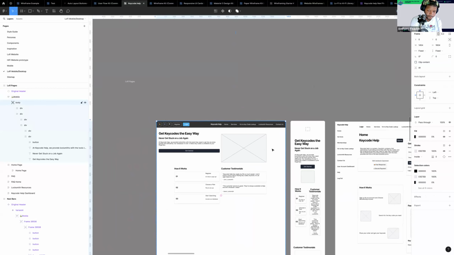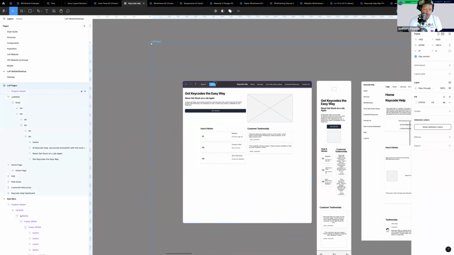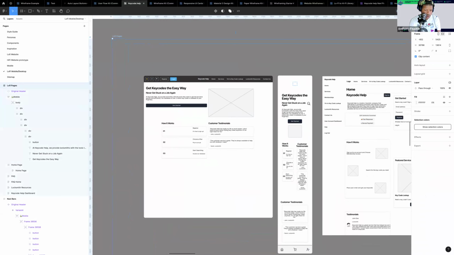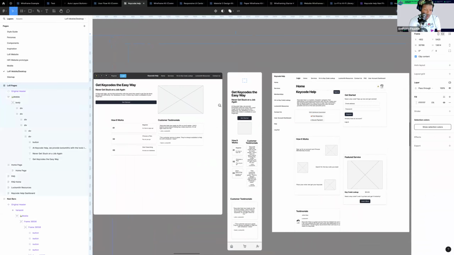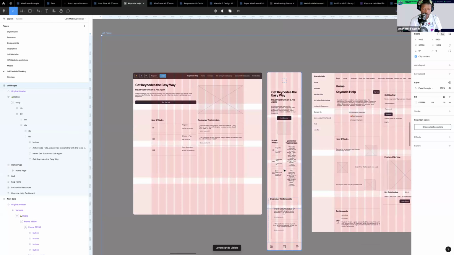All right, so yeah, this is where we are. I have this in one frame right now. This is where I drug everything to go ahead and start designing out the mobile side of things, and that's what I'm doing now. I'm just taking and making it responsive, placing everything where I want it to go, as far as in the mobile side, and using grids to make sure everything flows and have some consistency, which again,